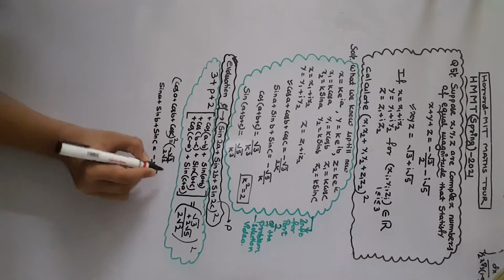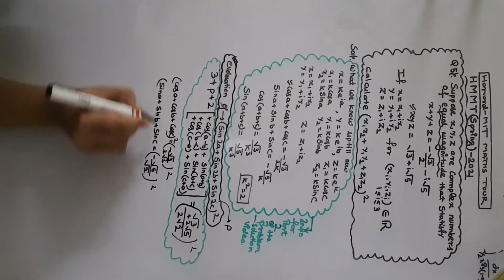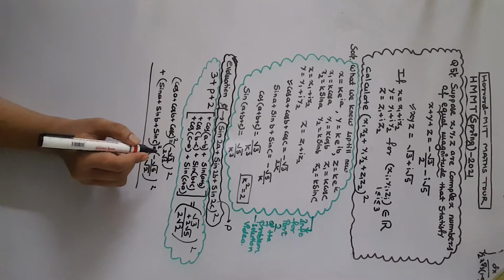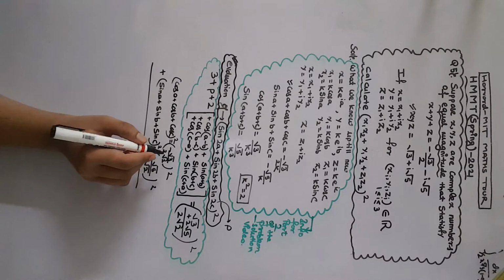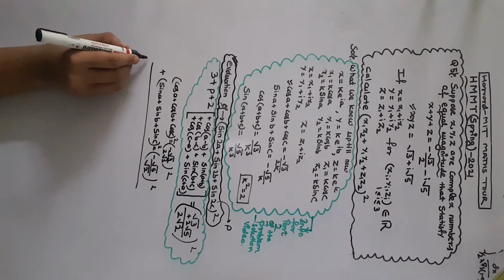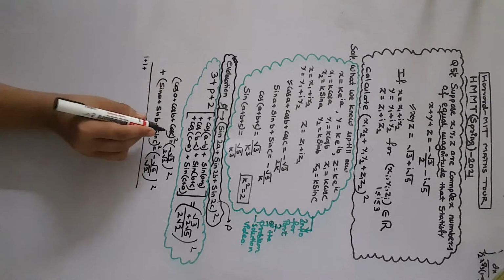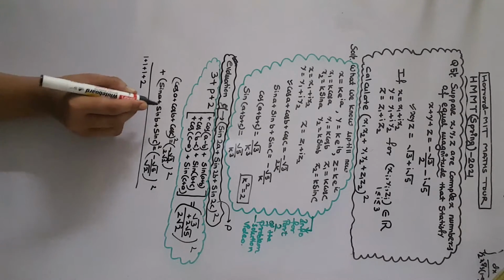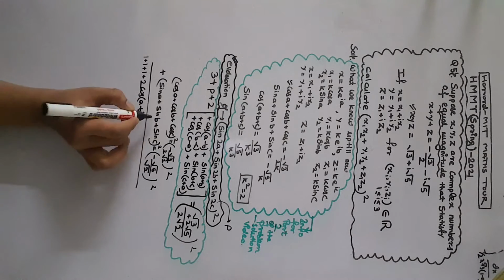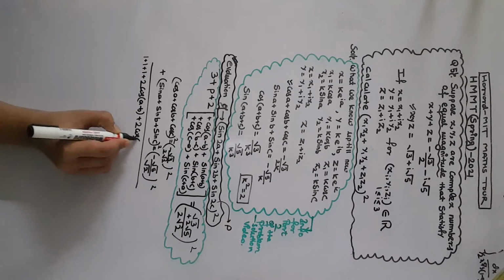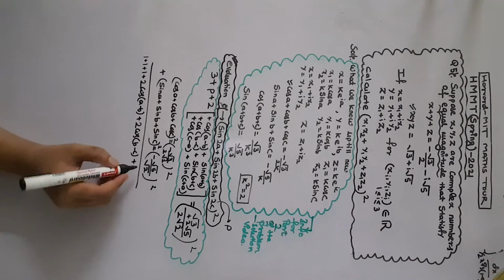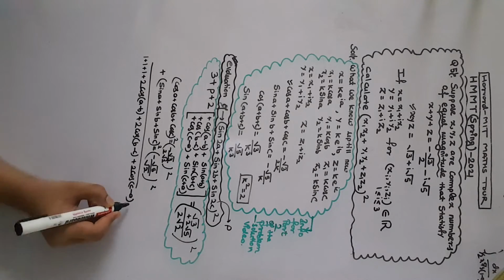Now what we're going to do is square both sides and add them, and the things will turn out as cos square A plus cos square B plus cos square C plus 2 times cos A cos B plus 2 times cos B cos C plus 2 times cos C cos A. So cos square A plus sin square A is 1, plus cos square B plus sin square B is 1, plus cos square C plus sin square C is 1, plus 2 times cos A cos B plus sin A sin B is 2 times cos of A minus B, plus 2 times cos B cos C and 2 times sin B sin C. When they are added together, they will make 2 times cos of B minus C, and when 2 times cos C cos A and 2 times sin A and sin C are added together, they will make 2 times cos of C minus A,